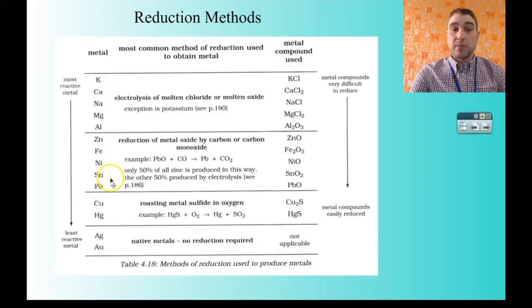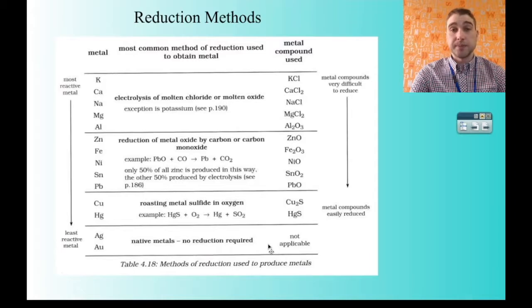For metals between zinc and lead, they can use the carbon or carbon monoxide to reduce it. For things like copper, and some of these in here, you can also use a salt solution. You can reduce the metal ion from a salt solution. And then down here we've got silver and gold. They're found natively. They don't react with anything in the environment, so you don't have to worry about doing a